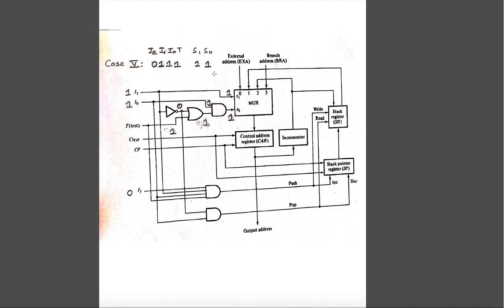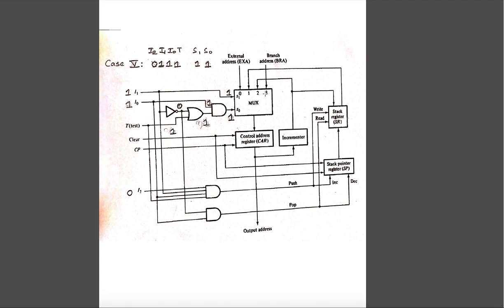In that case, what will be the output we receive at S1 and S0? Let's see that I1 and I0 is 1 1. So I1 is 1, directly S1 will be 1. I0 is 1, so one of the inputs to the AND gate is 1. The negation of 1 is 0, that is given to the OR gate, but here the test case is 1. So if any one of the inputs to an OR gate is 1, then obviously the output will be 1. So 2 1s are being given to this AND gate, so you get an output of 1 here. So S1 and S0 both are 1. 1 1, which is a binary equivalent of the decimal value 3.